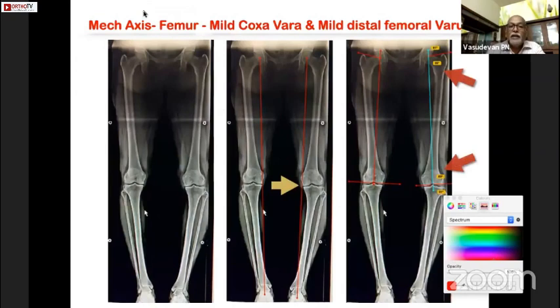And you can see the mechanical axis planning. The medial side has gone, the left side has gone medial to the joint. The right side is also on that. So when you look at it, you can see even in the upper end of the hip joint, there is